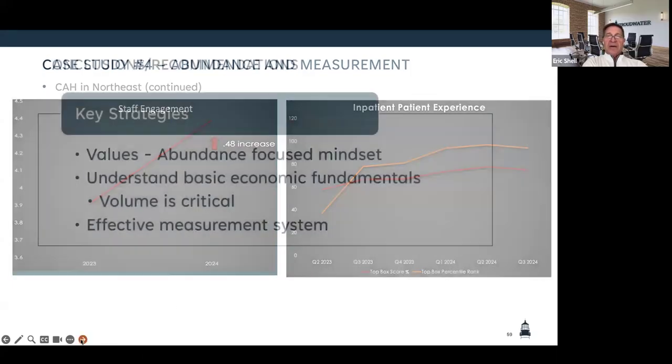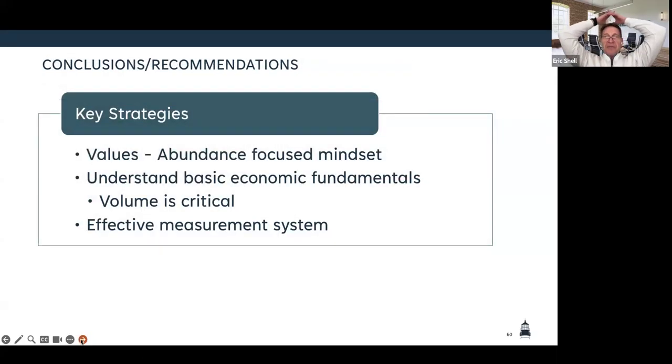So a lot of words here, but I guess what I would say is that if we could all think about how we could create this abundance-based culture, driving politics out of decision making, driving accountability in through measurement, and understanding the fundamental economics and ingraining that type of thinking, every one of our hospitals could be wildly successful. If you just take those 5 case studies that I showed you and apply them to any organization, they work.